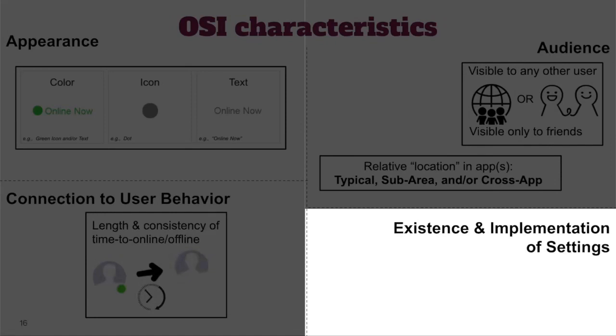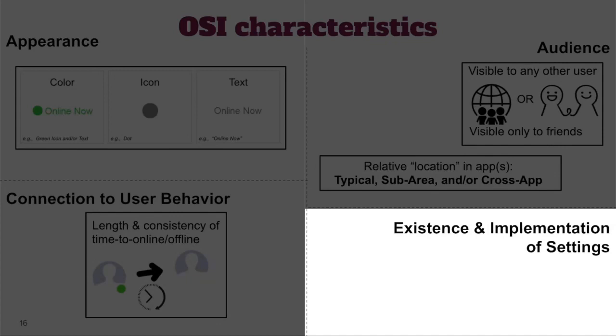And of the online dating apps, only Grindr provides OSI settings. And this was a newly introduced feature between November 2018 and 2019. And it was only available for premium or paid users. Of the 20 apps that do provide settings,